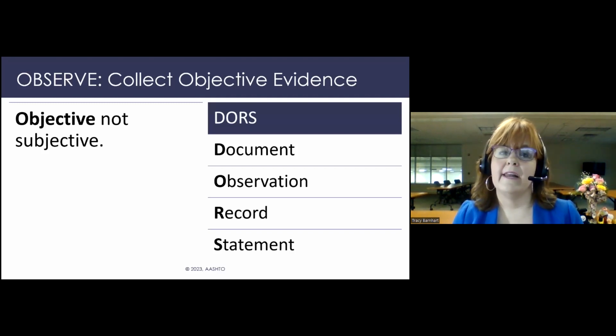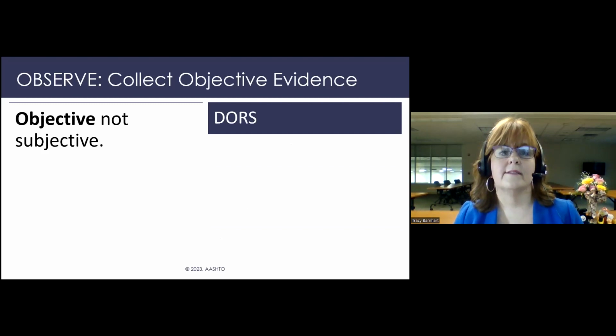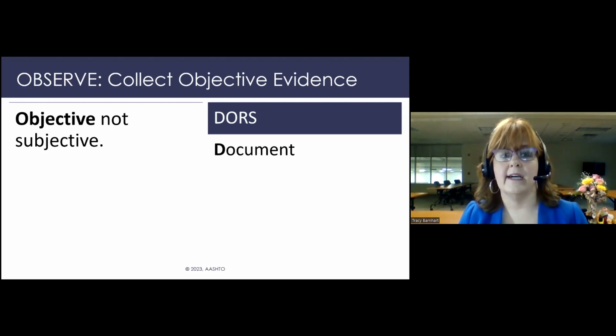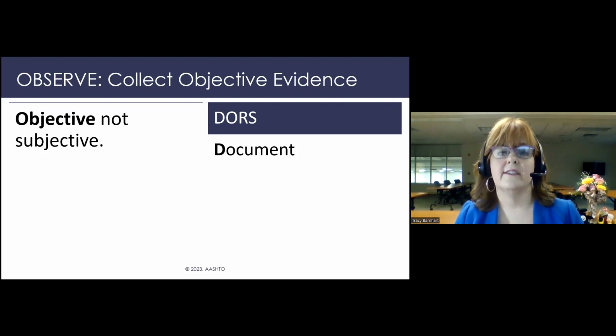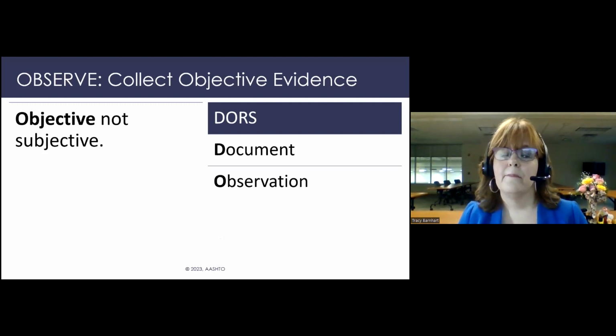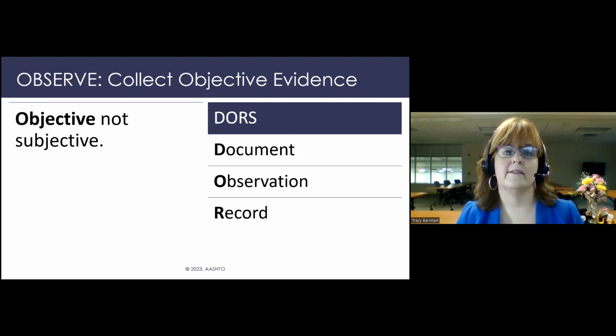Objective evidence can be categorized typically in one of 4 ways, and the acronym for this is pretty easy to remember. It's DOORS. And all of these items in DOORS should be involved in internal audits. The D stands for documents. These would be your documented policies and procedures. Absolutely, that's objective evidence during an internal audit. Observation is the O. Observation of ongoing activities. There should be a lot of that going on during internal audits as well. Then you have the R for records, records of the activities.